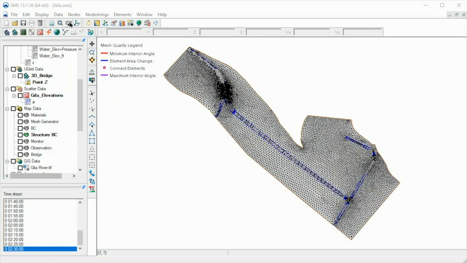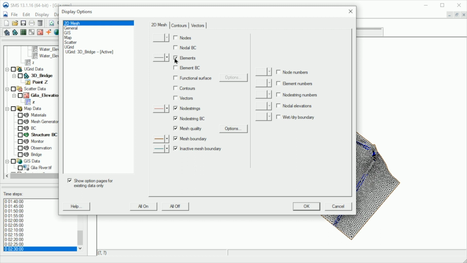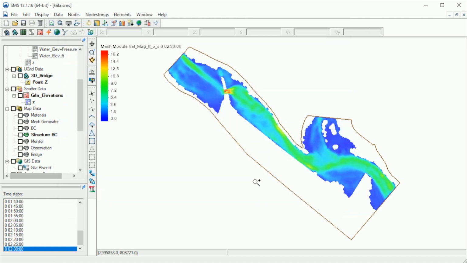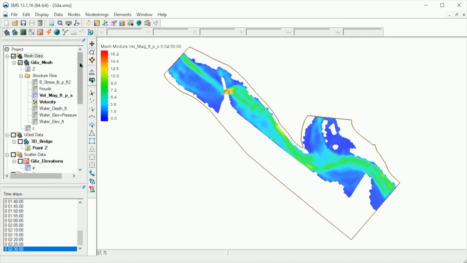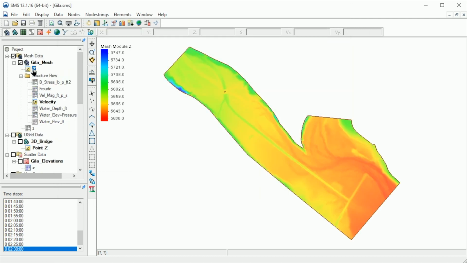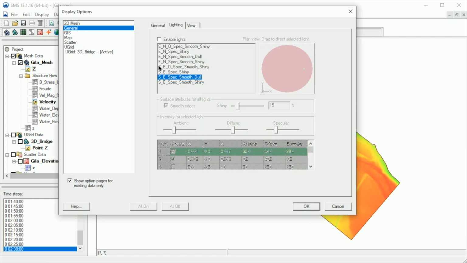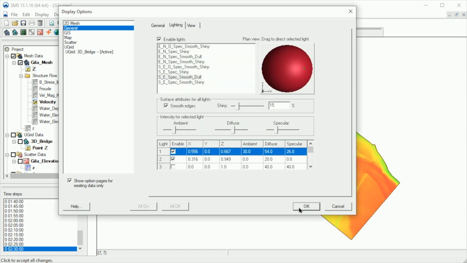Next, let's review the elevations. First, let's turn the elements off and turn the contours back on. Now we'll look at the elevation contours in general. Turning the lighting on can help visualize the elevations.